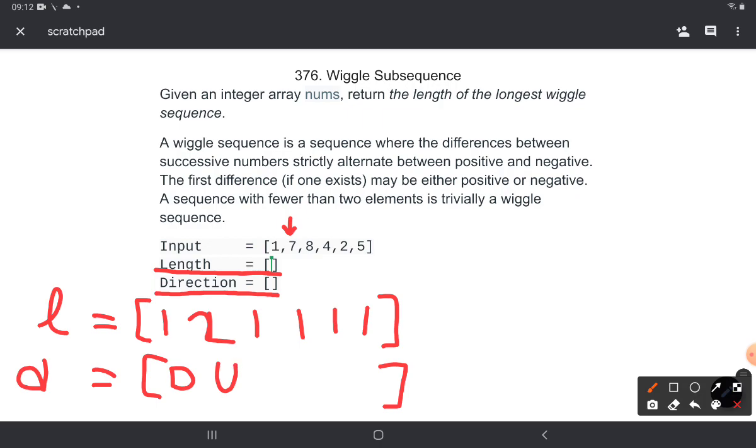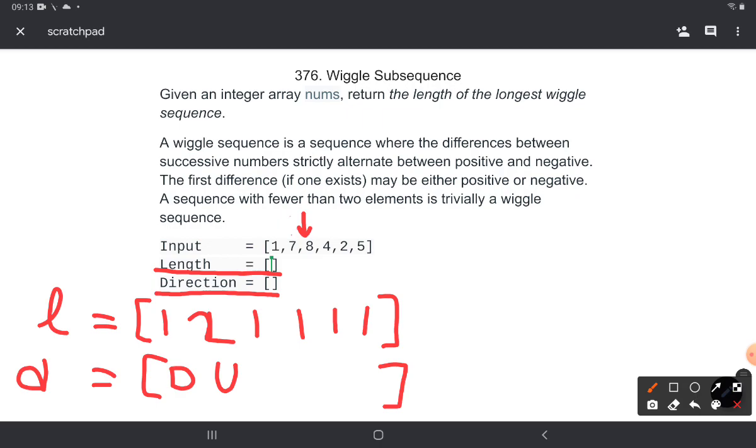Now let's move forward to the next element. So now let me just advance the pointer to the next element, which would be 8. Now I will compare with all the elements which lie prior to it.